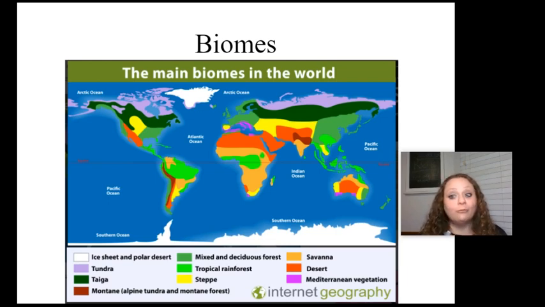But I wanted to point out that when we're talking biomes, one of the really cool things we see is that biomes occur in layers. So we're going to find certain biomes kind of around the equator. And then as we move further away from the equator, we get biomes that tend to be colder. We see them in these bands. And that's why I have a picture of this map up here for you.